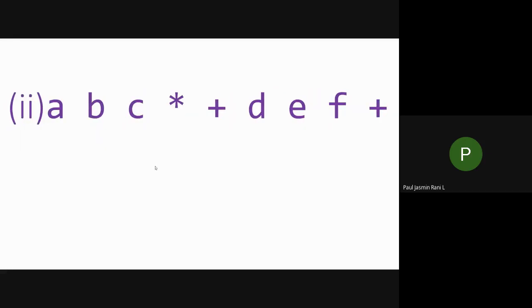First write this expression in your notebook, then start constructing your expression tree.